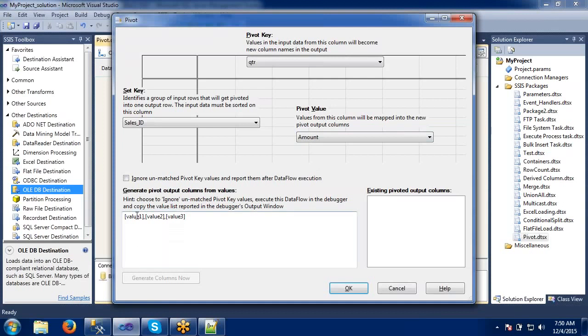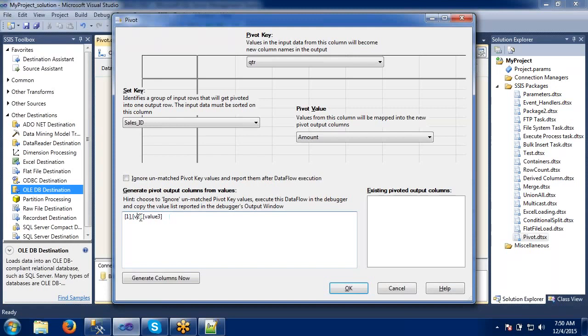And one more thing here, we have to generate some new columns. For that, how the value should be populated, it's asking like this. Okay, this option is not mandatory. If you want to handle unmatched values, let's say I have an extra column which I don't want to leave unmatched, in that case I will tick this. But in our case, all the columns are matching, right? So we don't need to check this one. Here we need to define the values.